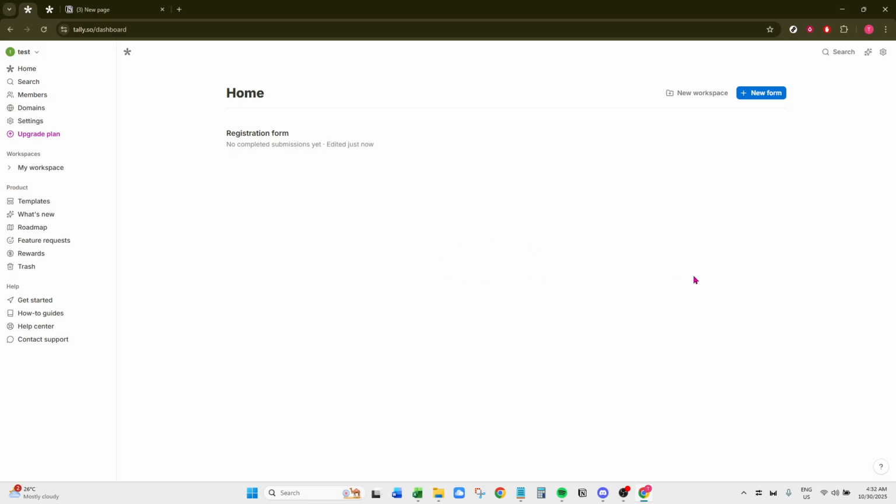To start, we'll be using third-party integrations because Notion doesn't currently offer a native form building option. One of the most popular platforms for this purpose is Tally. So we're heading over there to begin. Once you're on tally.so, you'll want to locate the option that says Create Form. Click on it and you'll be taken to a blank form template where you can start crafting the questions you